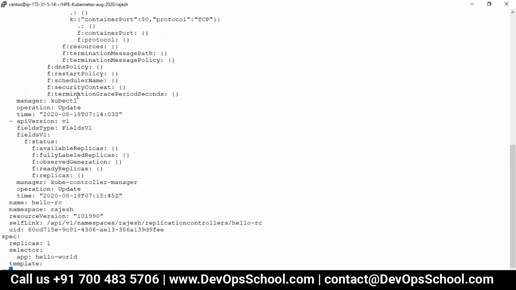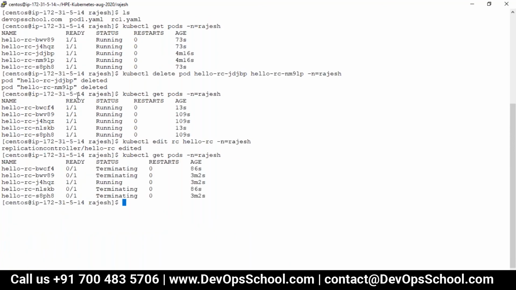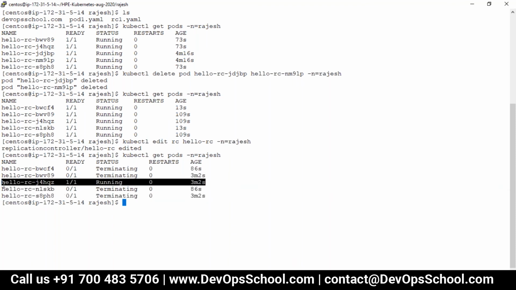And you see that immediately the rest of the pods will be terminated. Look at this, terminating. That's what I said. Everything will be done by the replication controller, not by you. It decides what has to be kept, and it deleted randomly. You see that it's not like the last ones that came were deleted. It's not like that. It deleted randomly, just making sure that one is running. So guys, did you understand what a replication controller is?